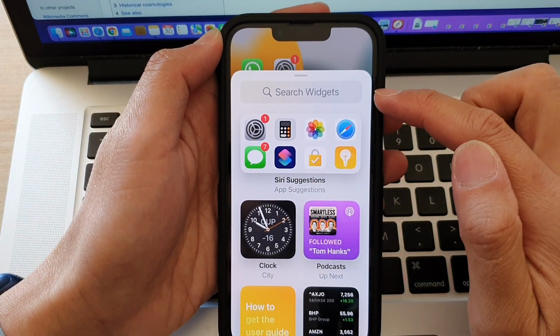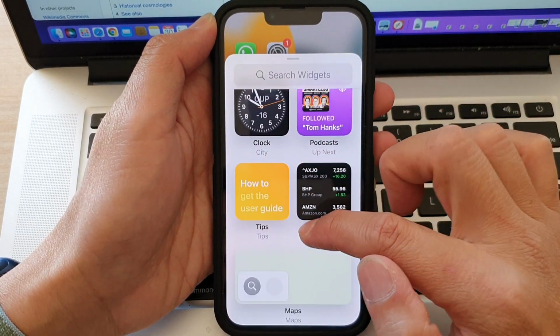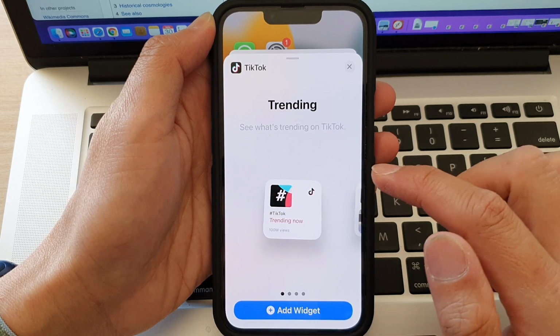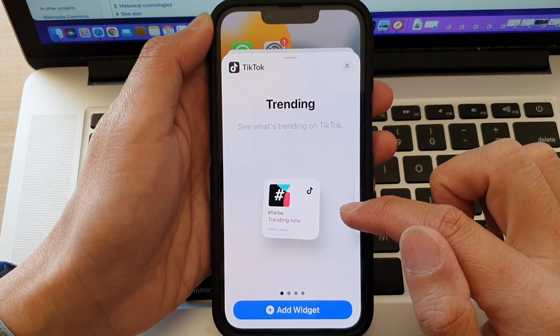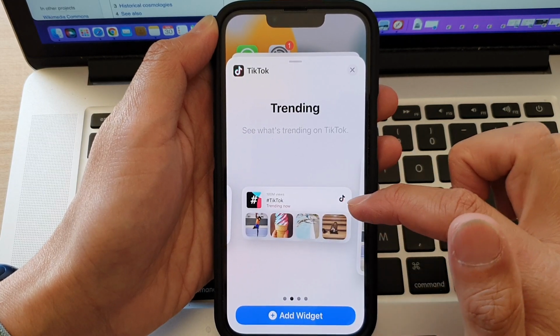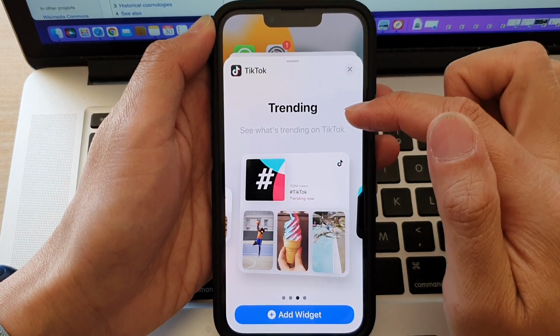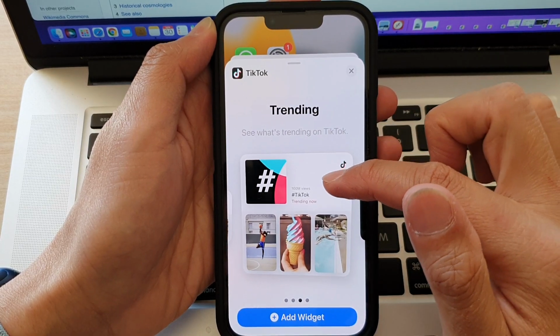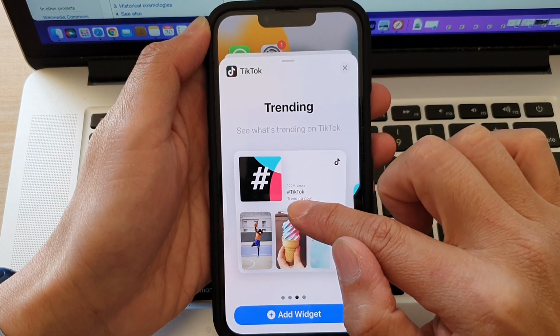And then in the Search Widgets screen, you want to swipe down or swipe up to go down and tap on TikTok. In here, it has a few different widget sizes that you could choose. So you got the small one, medium size, and the larger size for trending. And then you got TikTok Garden of Good. So pick a widget and then drag it to your home screen